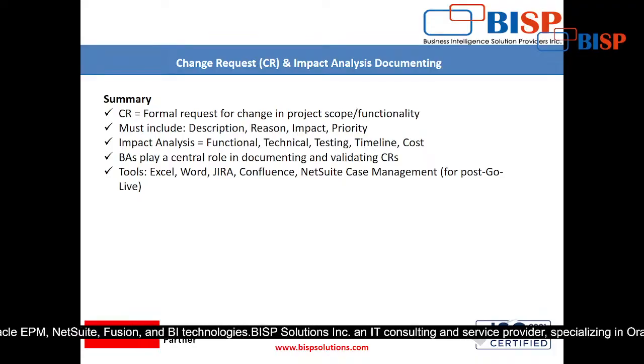Okay, then impact, and after that priorities. I will take each and everything from you and then I will put the priority. Okay, so validating the CR, and there are so many priorities, whether it's a P1 task or what. So in this way,